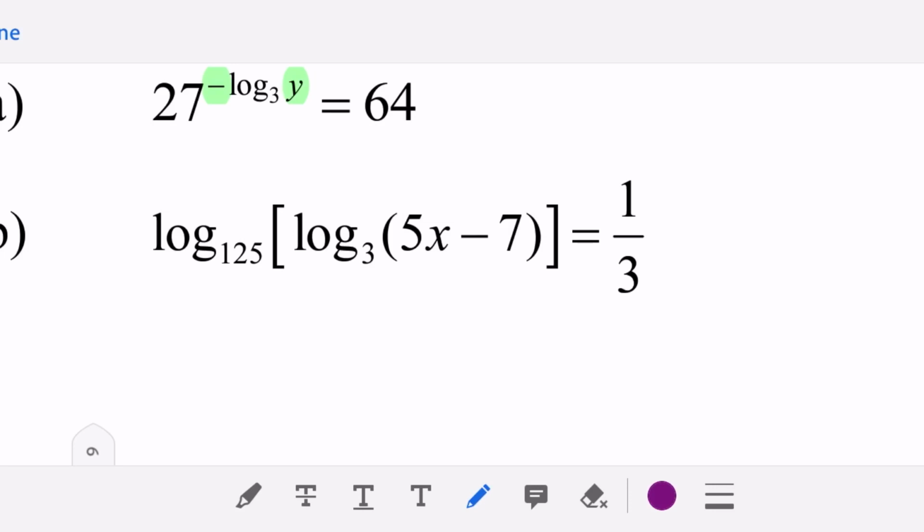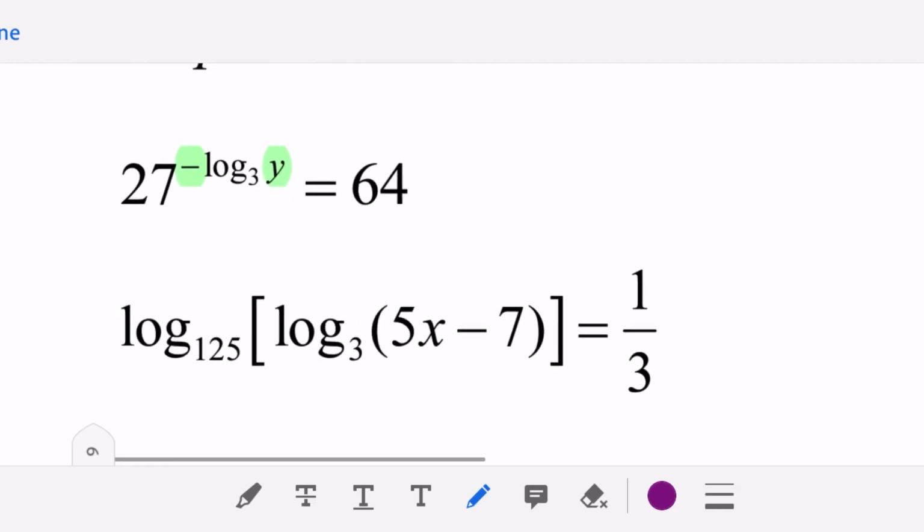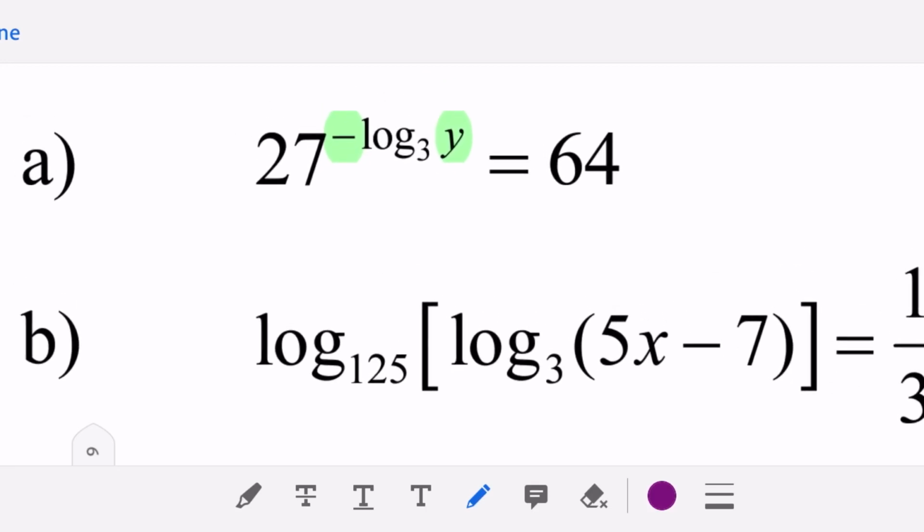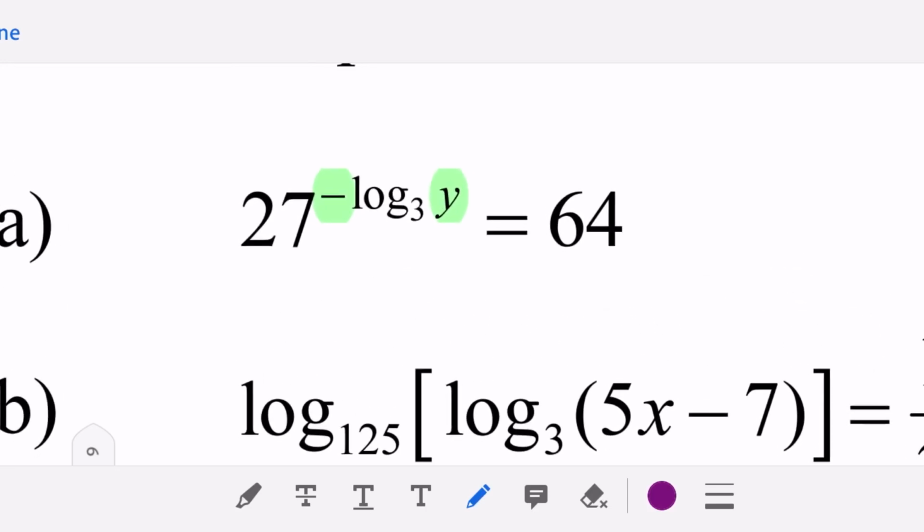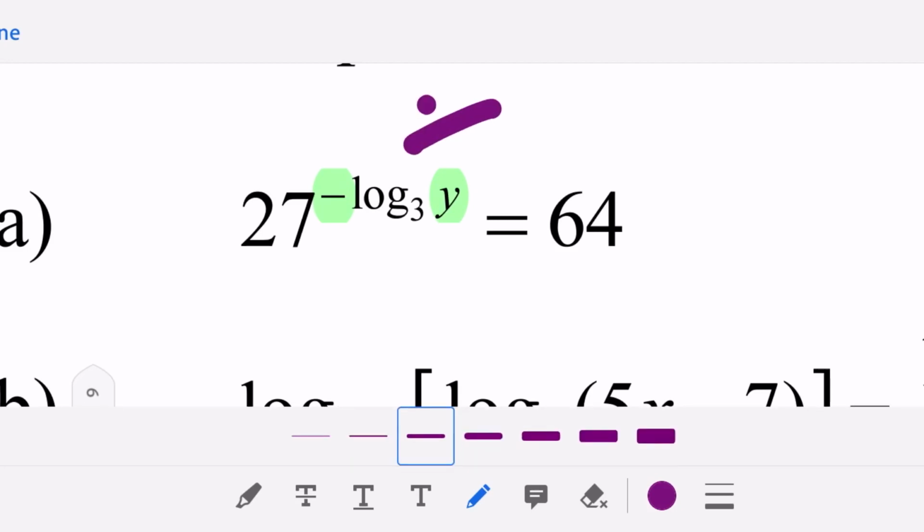First of all, when you see you are having base 27, normally we will try to take log with base 27. We say take log base 10 sometimes, right? So now you cannot take log